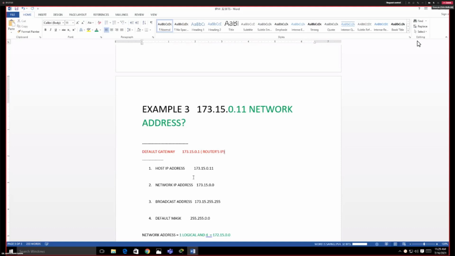Can I consider? See, we don't have the topology. I agree, but 173.15.0.1, the first IP address of the network, can be considered as the default gateway for example number 3. Yes or no? Yes, sir. We can consider it. Okay. So